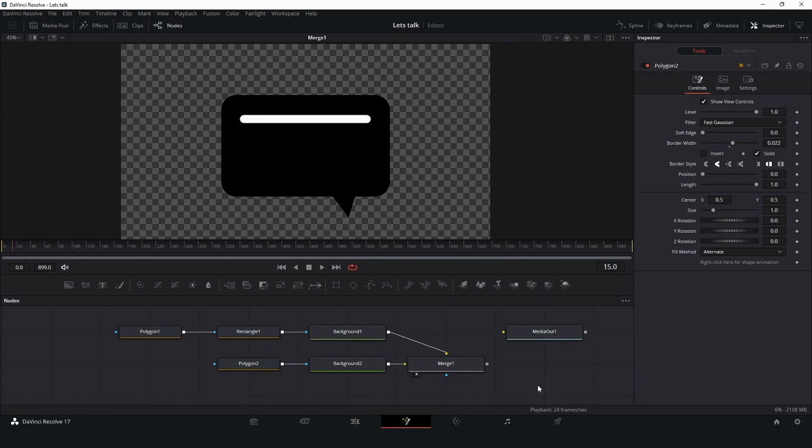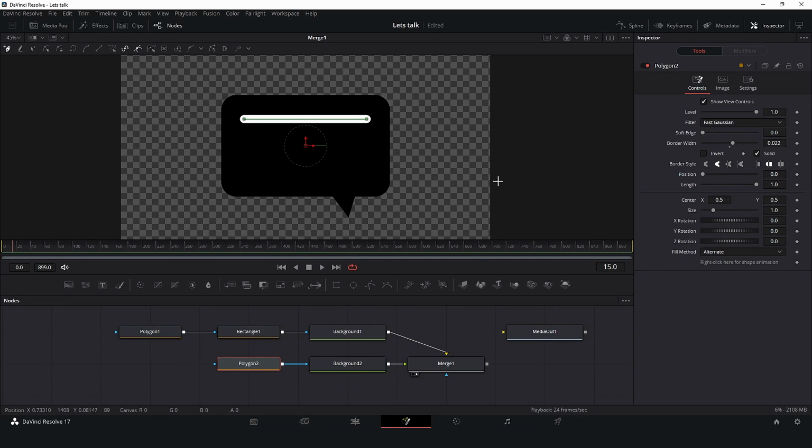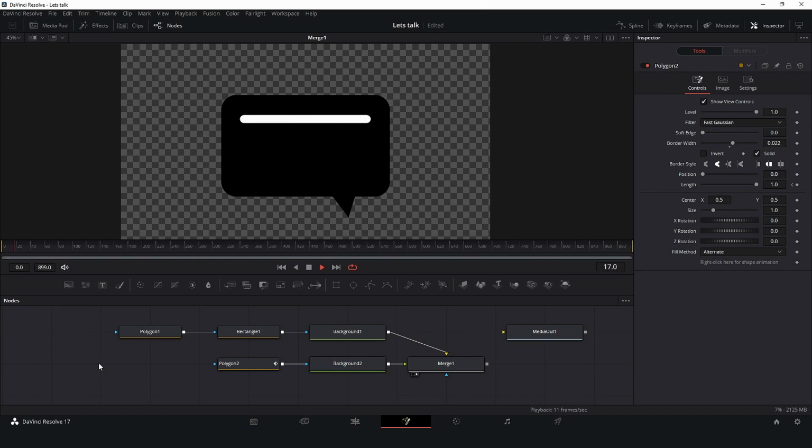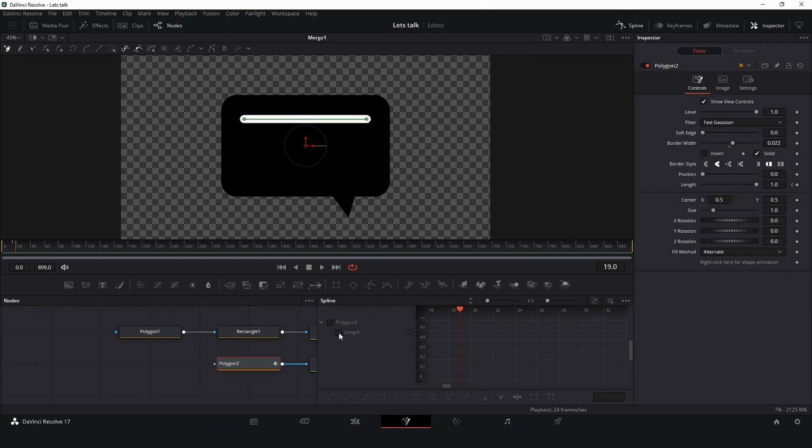Now I will animate this line. So let's go to frame 50. We're here right now in 50, so great. I create a keyframe here and go for frame 0 and turn down. Okay, now let's go to the spline. Let's select this polygon. Ctrl A to select everything, S, and let's make this curve a little bit better.